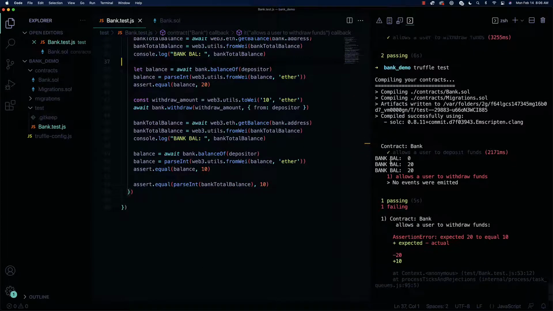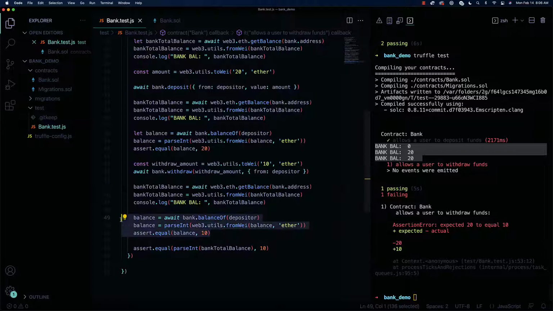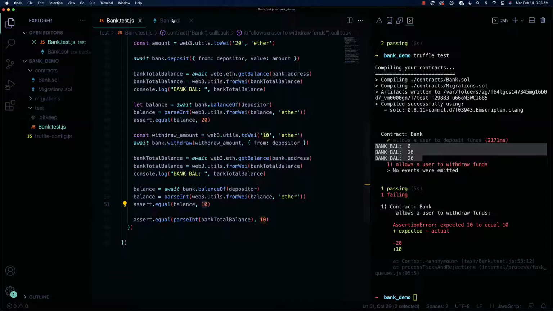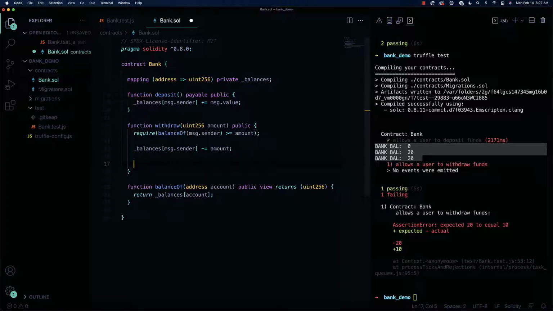Okay, so let's evaluate where we are right now. We're console logging all this stuff, so we can see our bank balance changing over the course of our interactions. We know for sure that our balance is updated in the actual bank system. So we only have 10 left in the bank at this point for the depositor, but we haven't actually moved the funds back out. So what we need to do now is transfer the money back to the person who's withdrawing here. In order to do that, what you would like to be able to do is say like